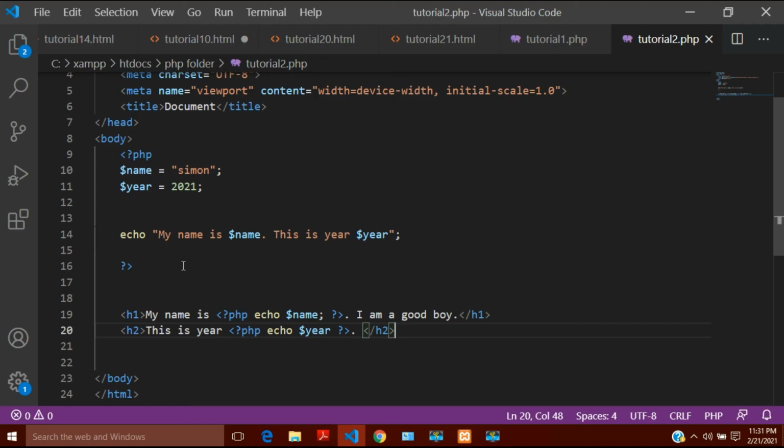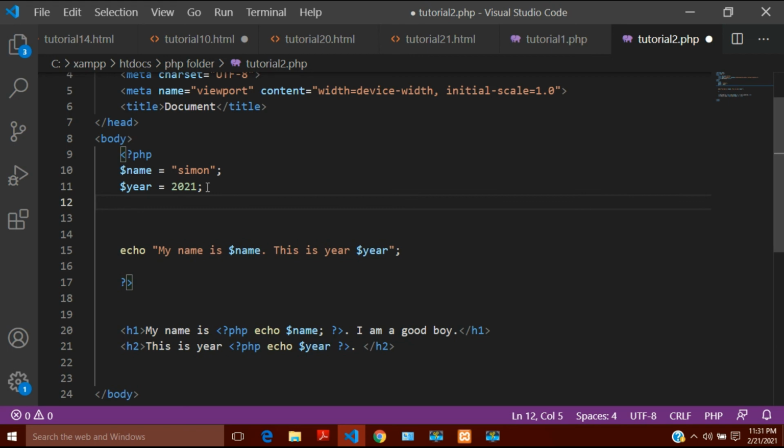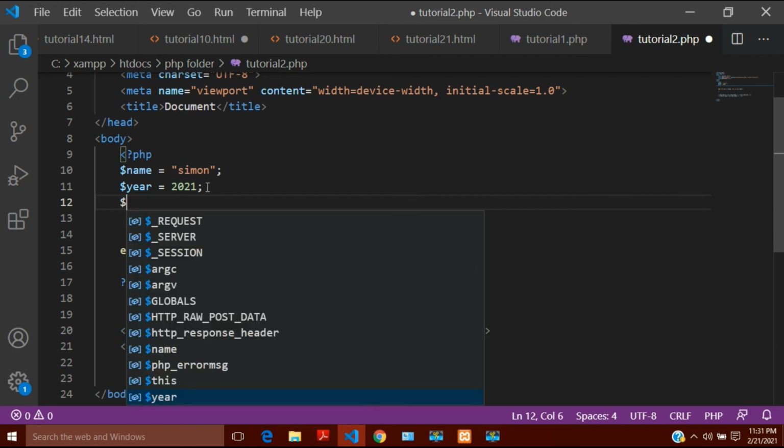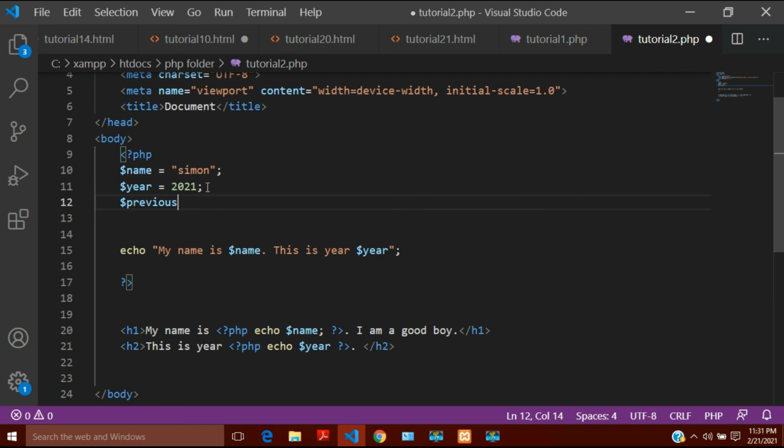You can also give the value of one variable to another new variable. For example, if I create here a new variable, previous year, and I want to give this previous year a value of this year. So here I will write $year, this year which I have already defined, and the previous year I will get by subtracting 1 from it.